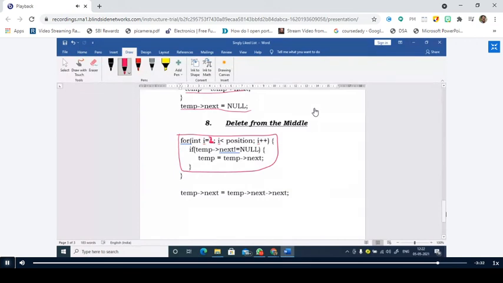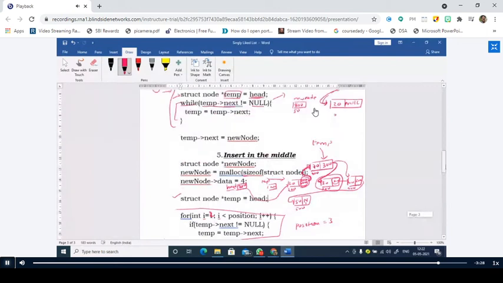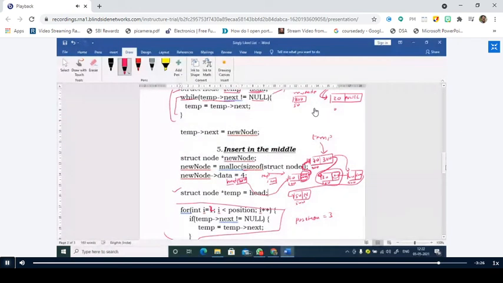So after exiting from this loop, where is this temp pointing? Where is this temp pointing after exiting the loop? Is it understood? 400, sir. No, where is this temp pointing?